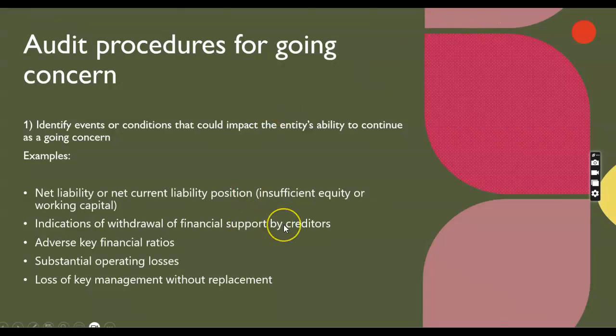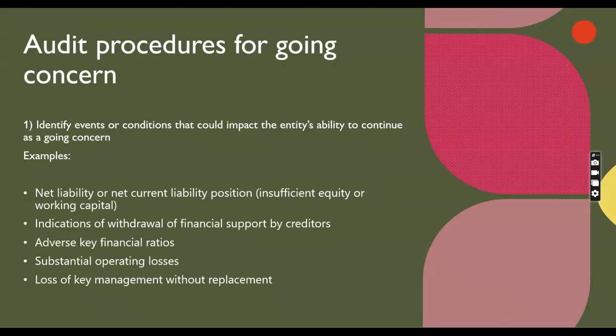Another thing is I can read through the board minutes, and while reading through the board minutes, I might see an indication of maybe their creditors or their suppliers saying, you know what, beginning from next month or beginning from so and so date, we are going to withdraw our financial support to your company. Once I see something like that, I begin to be alert that this might be an indication of a going concern